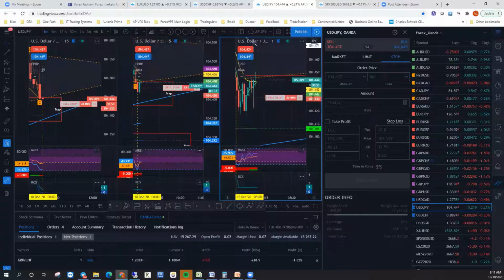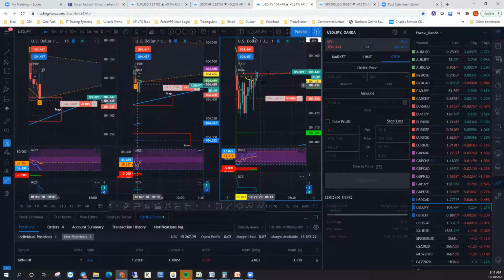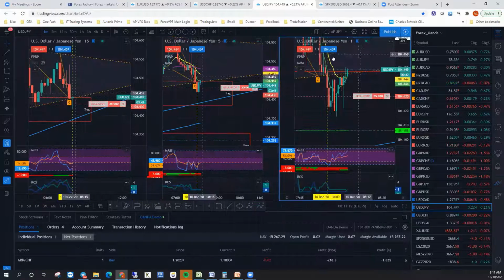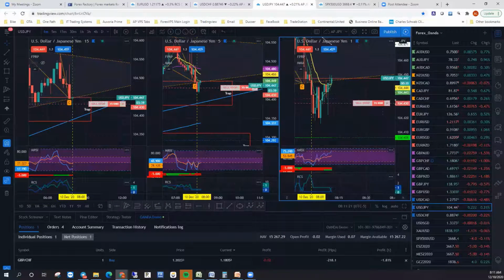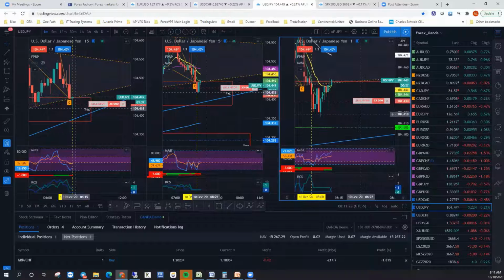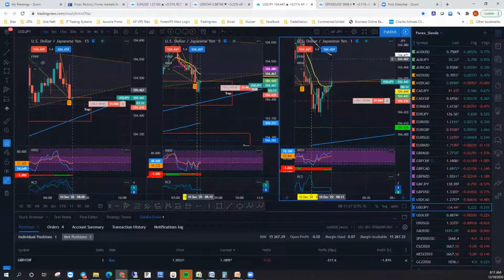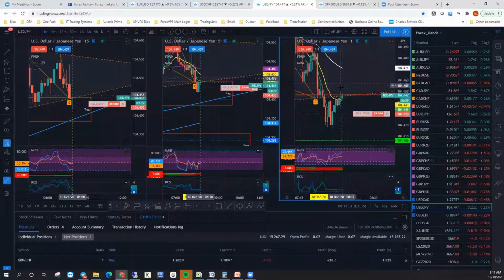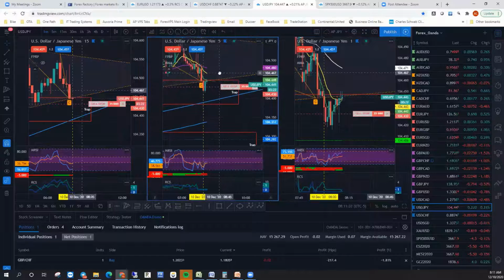You may be able to move it up a little bit higher. I don't want to get tagged in my fill before it actually gets to that price. Yeah, that's not a good idea. But as soon as it gets anywhere close to it, it'll just grab it. And right now it's coming back up into the wedge. We still do not have a close.